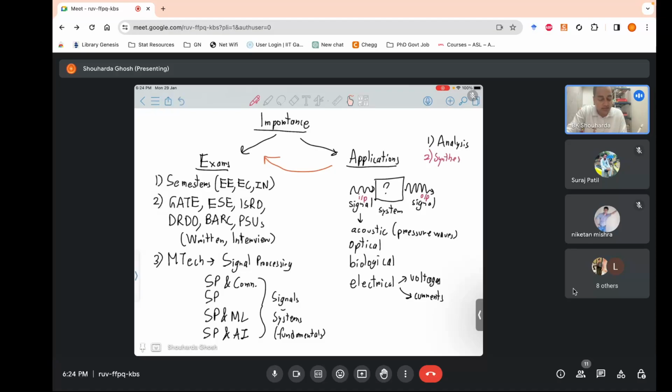Analysis is with systems that are already defined. It's like you have this in the human mind: you can analyze the human mind, you can't synthesize the human mind. You give some inputs, you check the output, you see how you're modeling it. That's the analysis. And synthesis is something else. You have some input signal, you want some desired signal. Now based on this, how do you design the system?